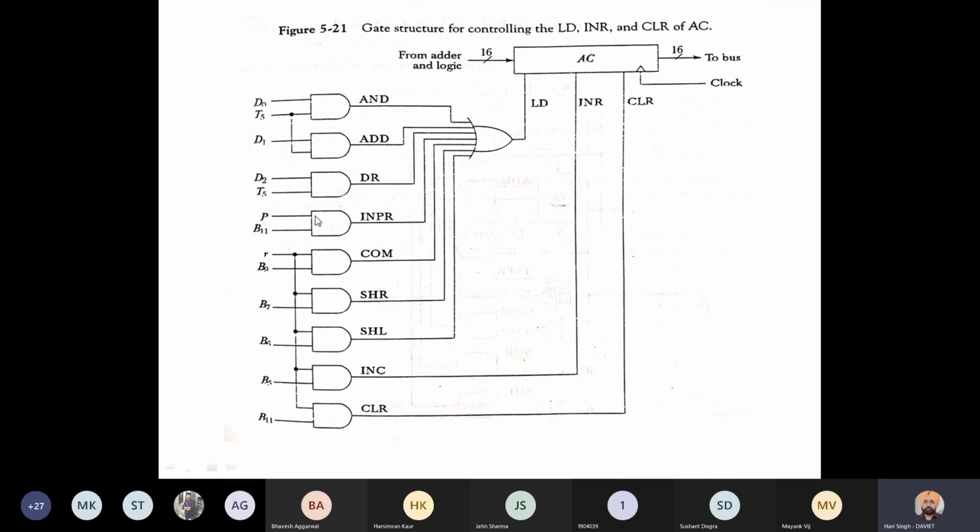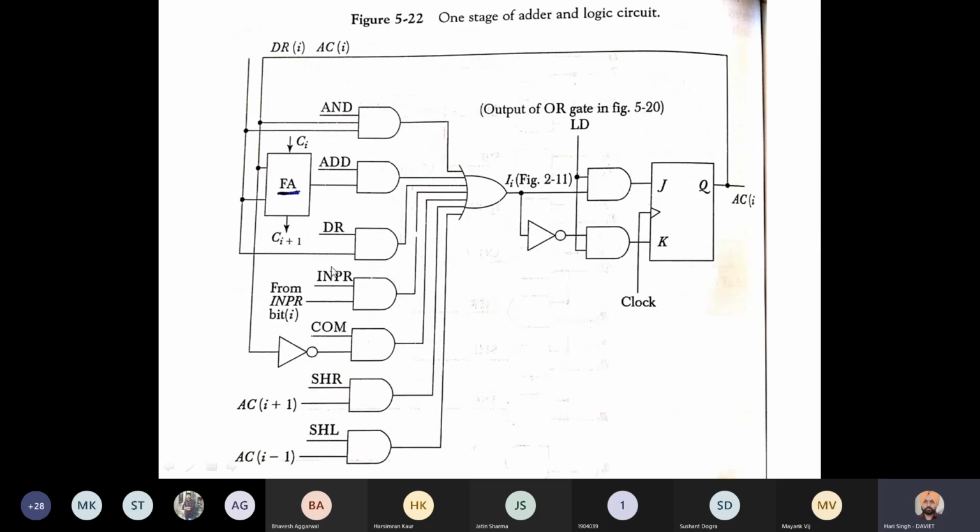When will it be active? If D2 is active and T5 is active. The output of this gate, DR, is given as input to the next gate to activate the path. Similarly, information from the input device can be received and so on.